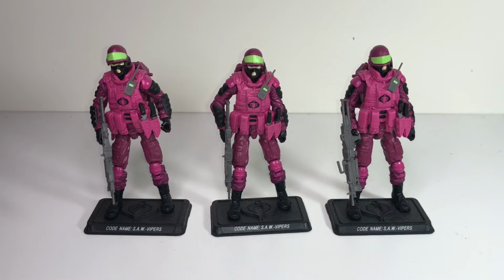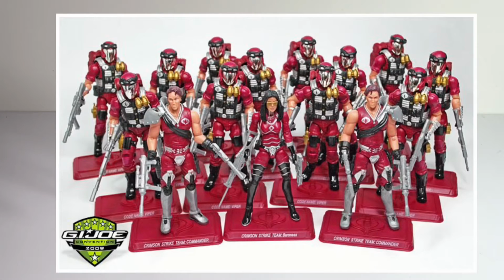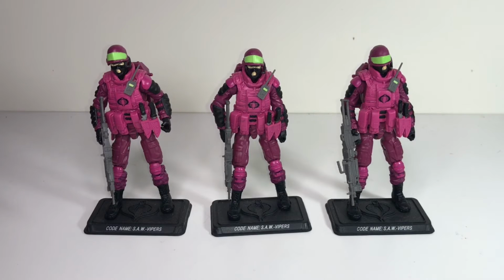Like, if you look at that, the set with the Crimson Strike Force, that was way too much. You got 3 unique characters, and then you got 12 troopers. Like, you don't need 12 identical figures, especially at the price that they're charging for these. But when you put a trooper like this in the box set, if you only gave us 1, then that would drive some fans and collectors crazy because they like to have little squads of any of these troops. So I think 3 is the perfect number for a little squad. But any more than that, it starts to feel like just the Collectors Club being lazy. So yeah, we got 3 Saw Vipers, and I'm totally fine with that, even though I'm not a big fan